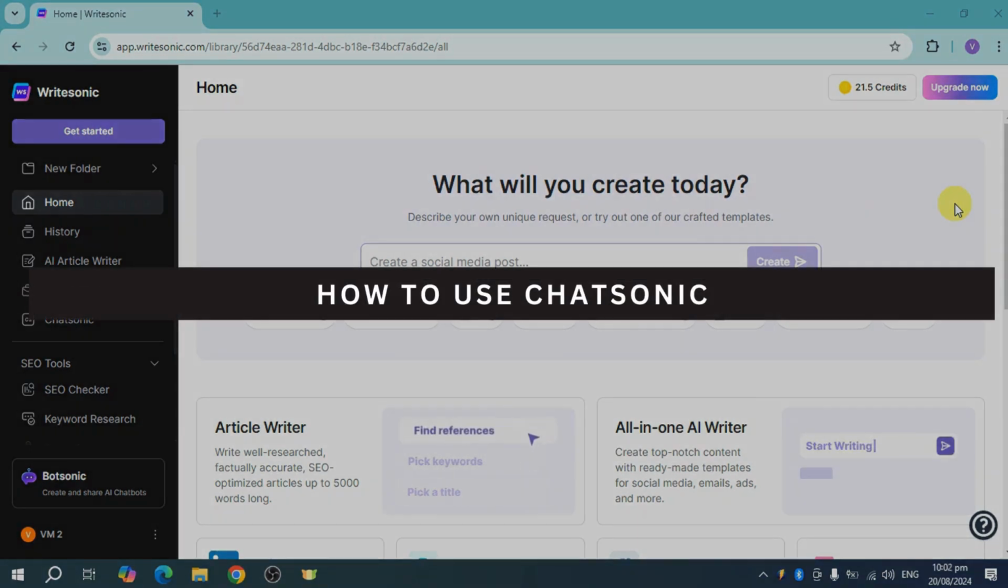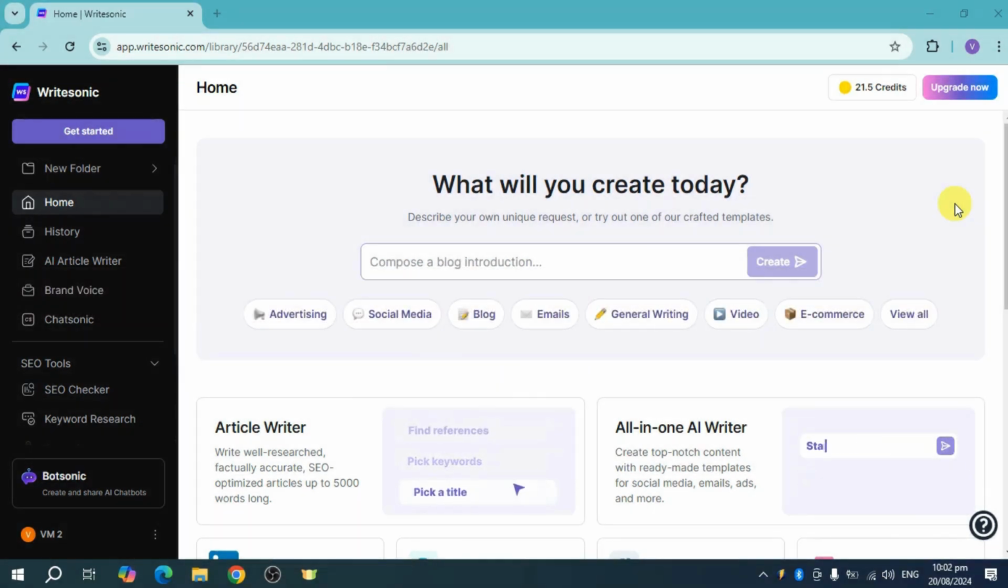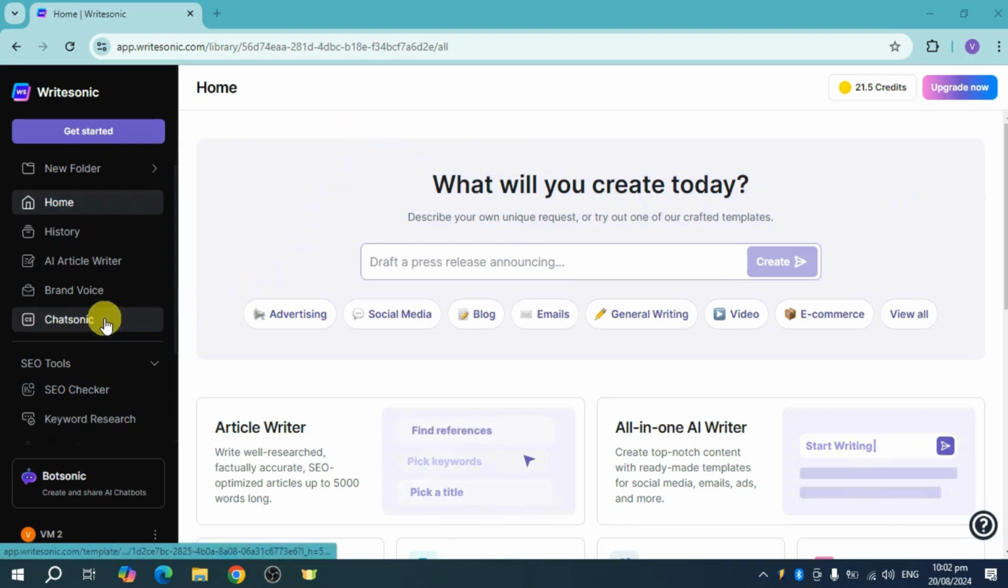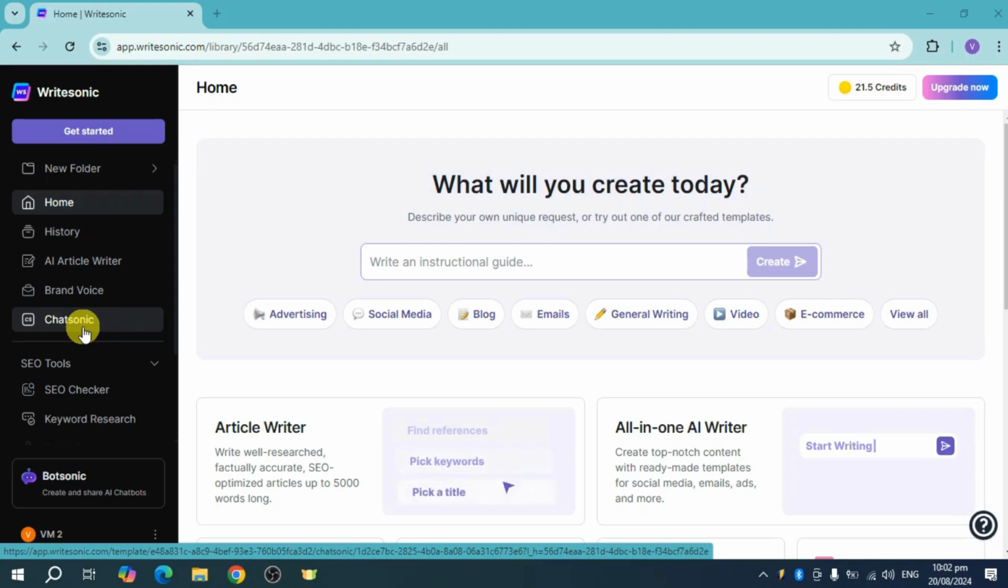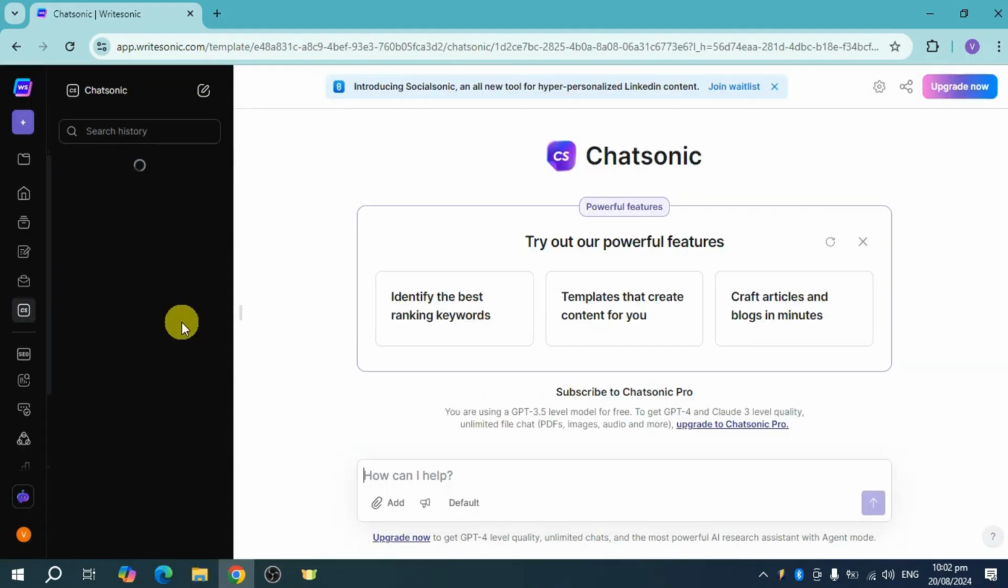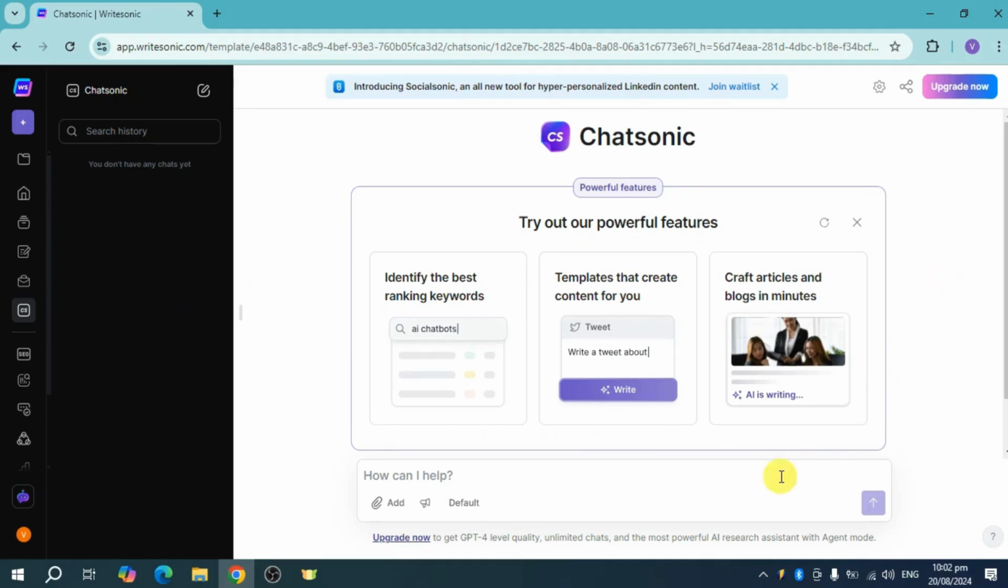How to use ChatSonic. So ChatSonic is actually something that's integrated with WriteSonic. When you log in to WriteSonic, you can see here the ChatSonic onto your left sidebar. So click on this right here, and then from in there, this will open the chat that you will have with ChatSonic. So this is actually a good chat bot that can help you identify ranking keywords, templates, as well